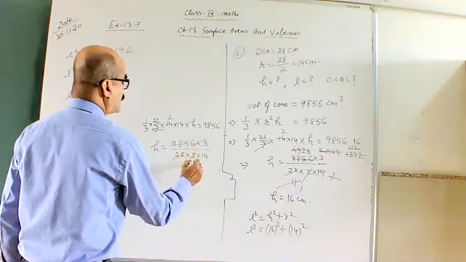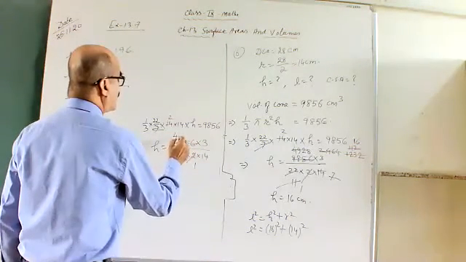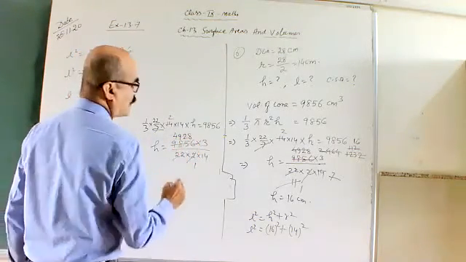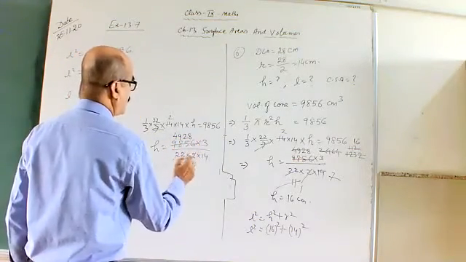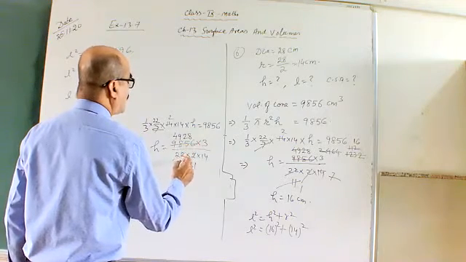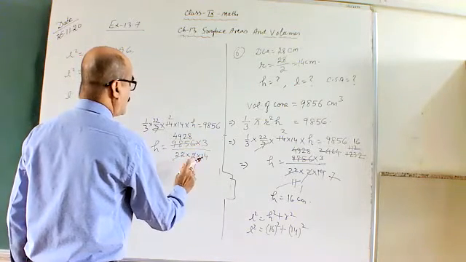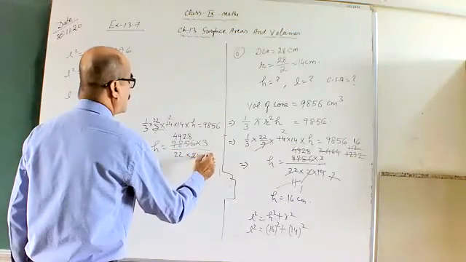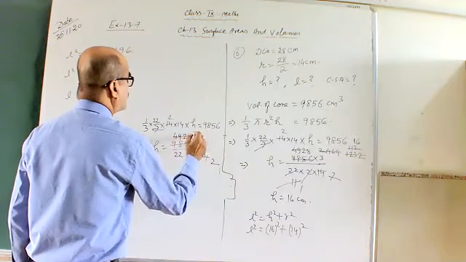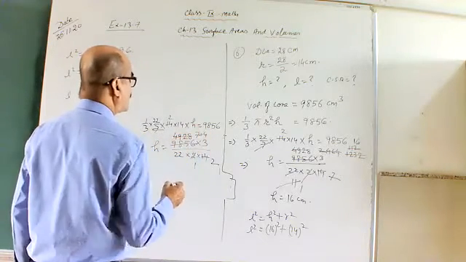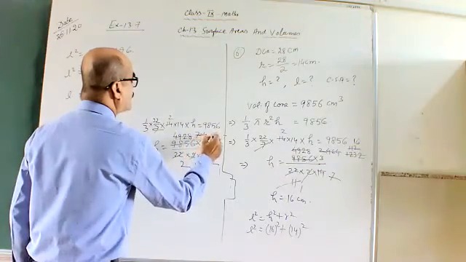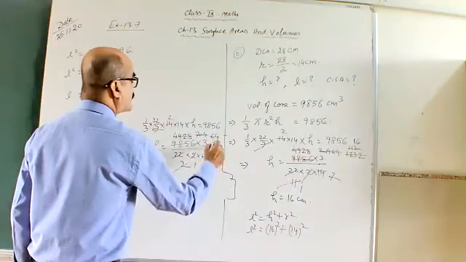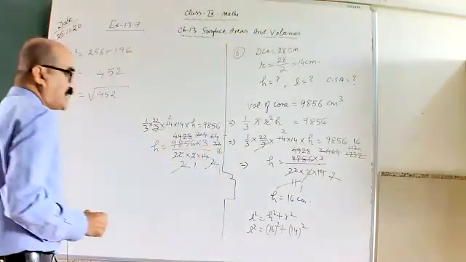Let us do one thing. 2 1s are 2, 4 8s are... 2 9s are 18, 2 2s are 4, 2 8s are 16. 4 9 2 8 is what we had. And now cancel it by 2. 22 is not cancelled. So this will be 7 2s are 14, 7 7s are 49, 7 4s are 28, 11 2s are 22, 11 4s are 44. So that will be equal to 2 32s and 2 16s. So h will come 48.